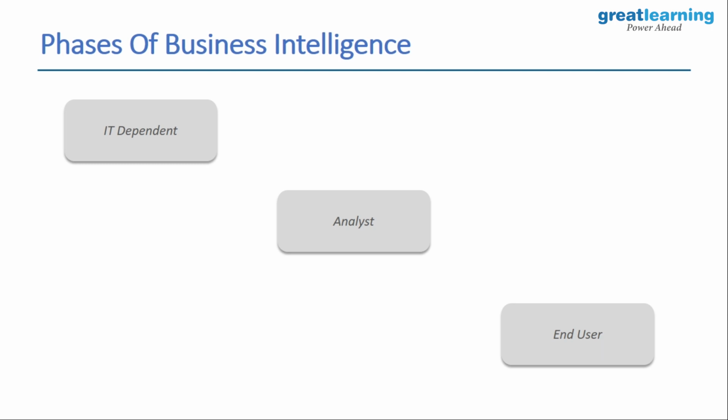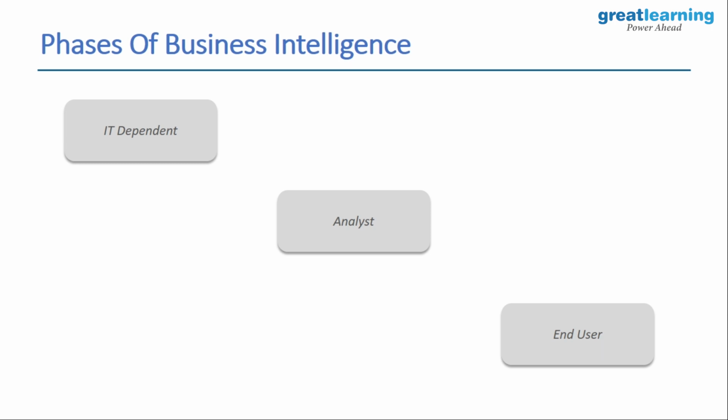But as time evolved, we had tools where fetching the data wasn't that tedious a task. Even analysts could have their data in proper forms, proper shapes that could be cleaned, and they could then generate mathematical models or visuals out of it and then give it to the marketing team or to the end users to present it to the stakeholders. Again, this was the second phase that we are talking about.